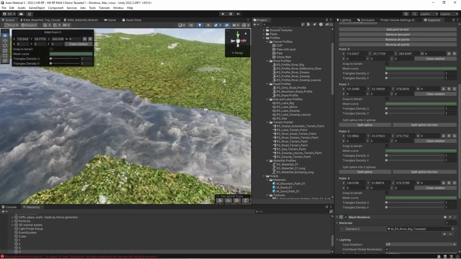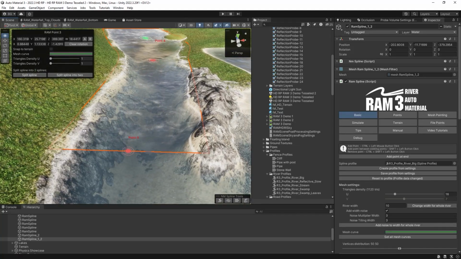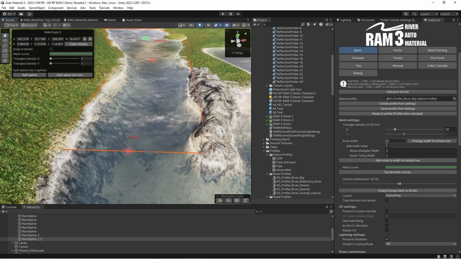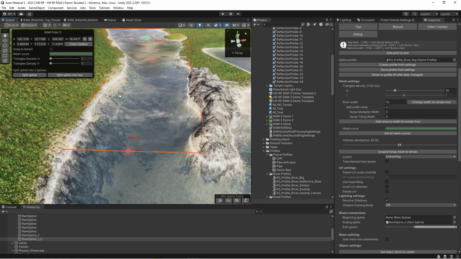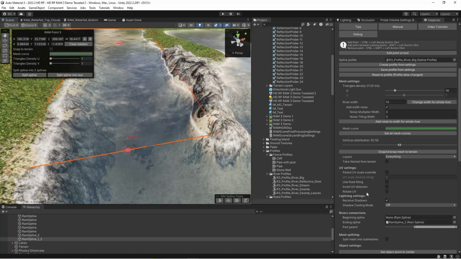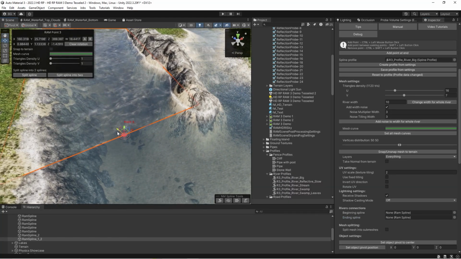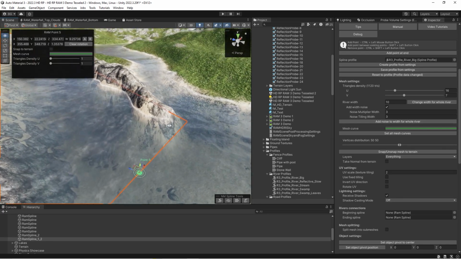And every connection is seamless. Okay, to be honest, this kind of spline connection works only when you have the same material on each river. But if, for example, we have